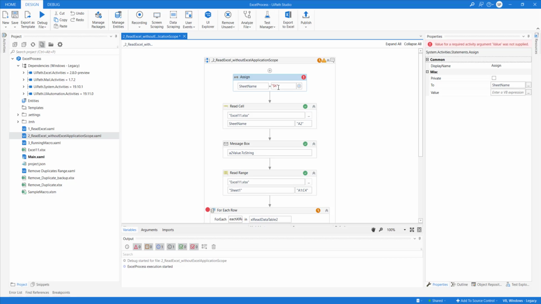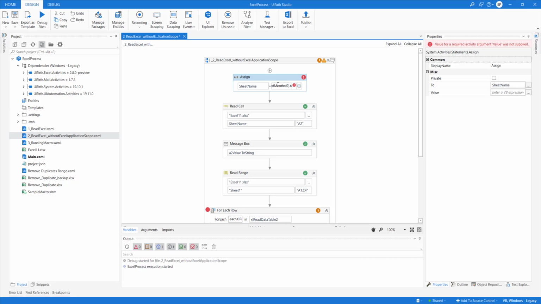We have a list of months, and we know that I need to read the first month, so I'll put 0 and then ToString, so it will always get the first month as a value, and it will be assigned to sheet name. And then in the next step, the sheet name will be replaced by the first value from the list of months. You got my point?